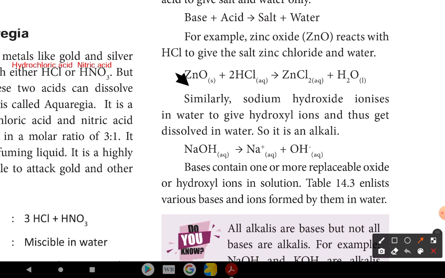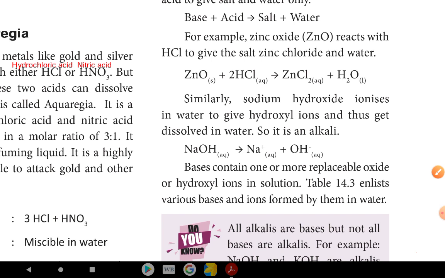Let's study the equation. Zinc oxide, ZnO. What does this S stand for? S is solid. The zinc oxide is a solid, plus two molecules of hydrogen chloride or hydrochloric acid. See the word AQ given here in brackets. AQ means aqueous solution. It is in water. So acid in water. When these two react,